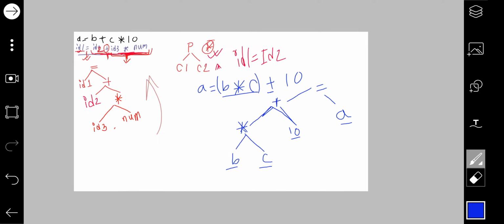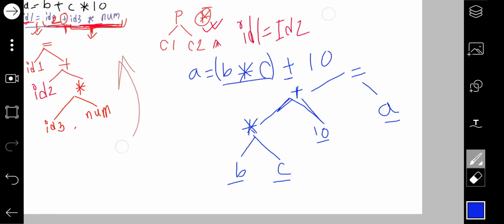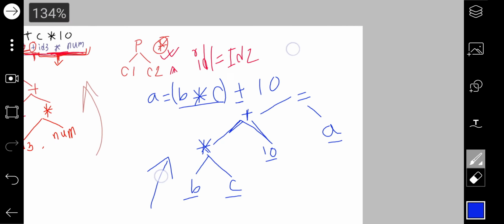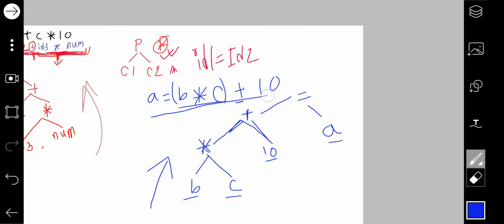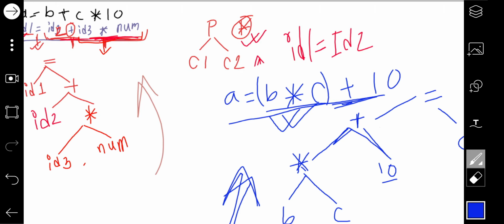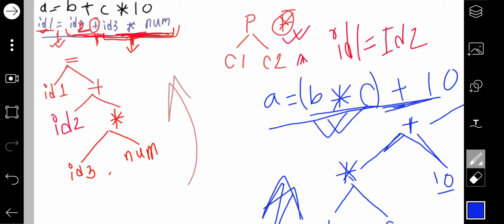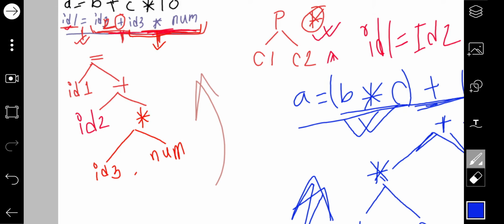Okay, so some people draw this tree differently, they keep the plus here and multiply here. This is ambiguous, this is actually also correct, but in case of calculation we first do the work of multiplication always. And this approach is bottom up. The counting starts from here. First it is multiplied, then it is added with id2, then after addition the result is assigned to id1. So this is the result of your syntax analysis. Once the lexemes are passed to the syntax analyzer, you get this output as a tree.